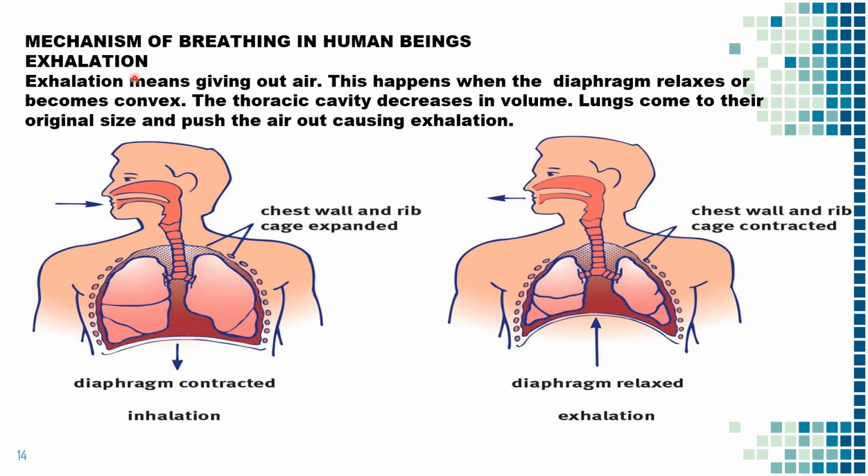During the process of exhalation, the diaphragm relaxes. That is, the diaphragm moves upward, and when the diaphragm relaxes or moves upwards, the volume of the thoracic cavity, or the chest cavity, decreases and the pressure of air inside the lungs increases, and this causes the air which is present to push out of the nasal cavity, leading to exhalation.